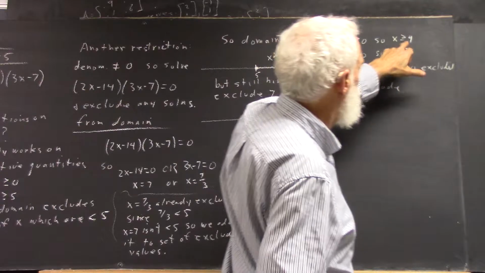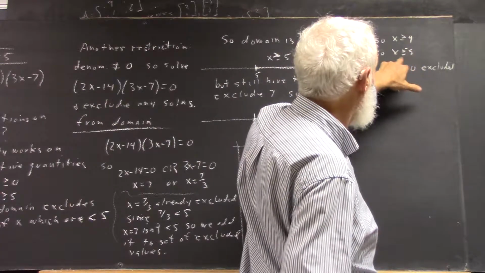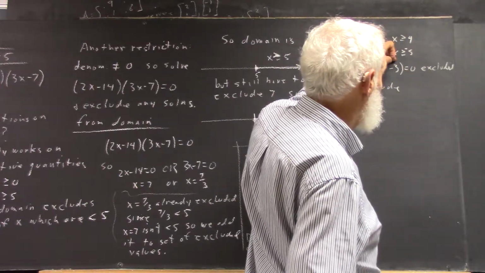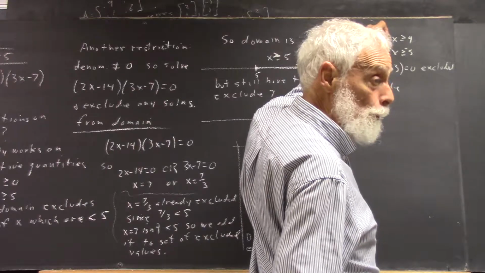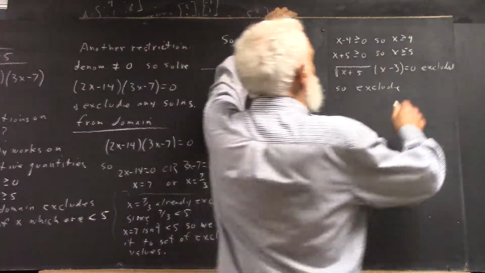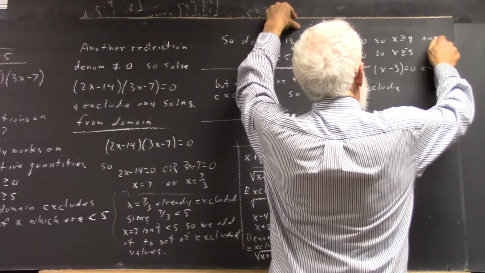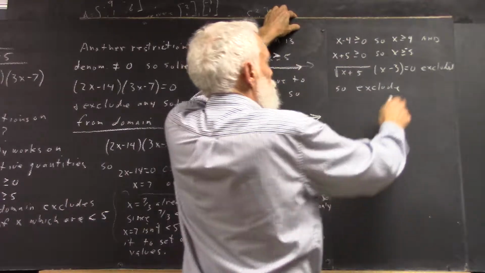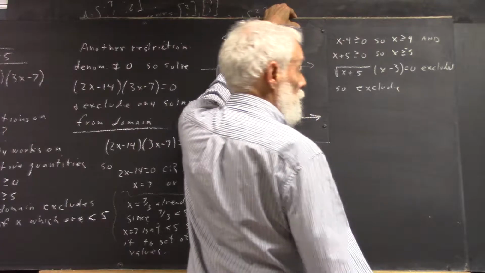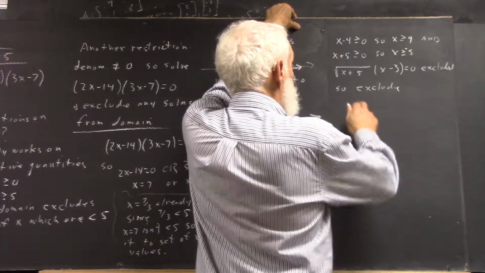So we have to exclude any x less than 4, and also exclude any x that's less than -5. Of course, if it's less than -5, then it's less than 4, right? So we're going to just say it's got to be this and this. So it's only x has to be greater than or equal to 4. Down here,